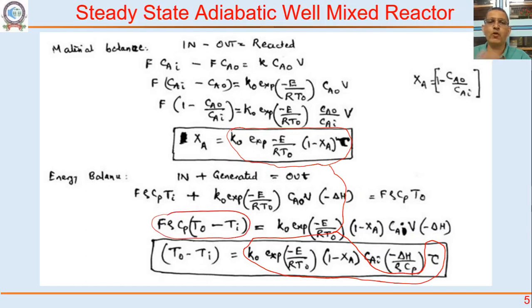Enthalpy is being taken out by the flow, and this is enthalpy generation rate, and this is our heat removal by flow. So the interplay of these two, heat generation and heat removal by flow, gives rise to these